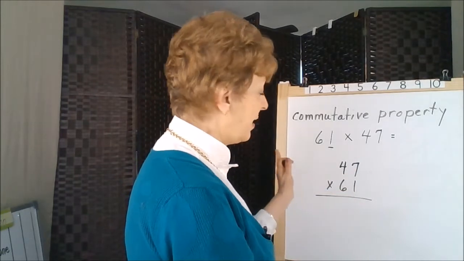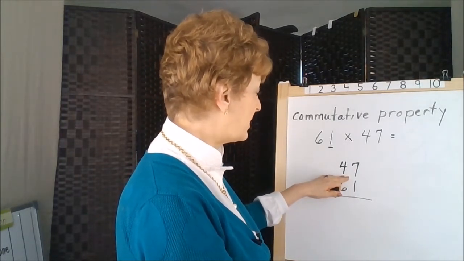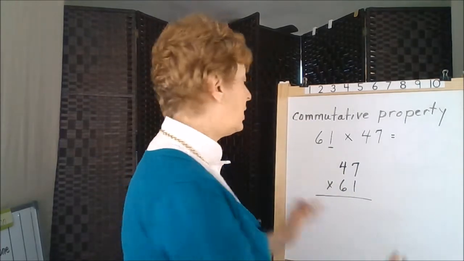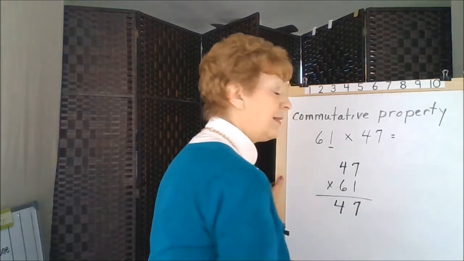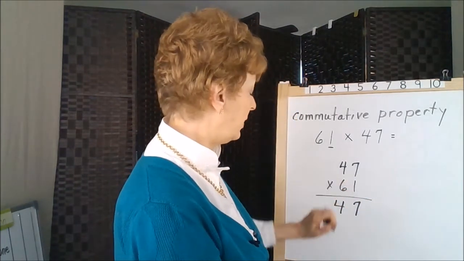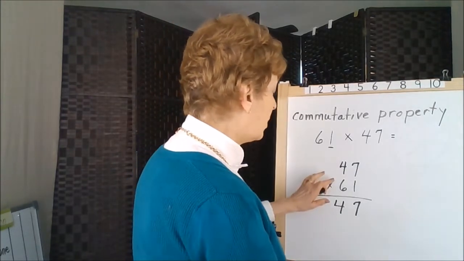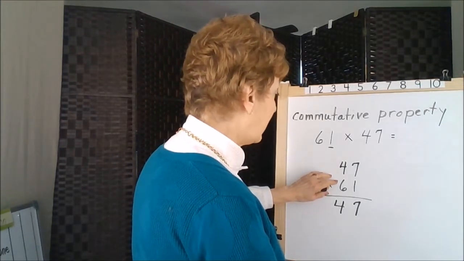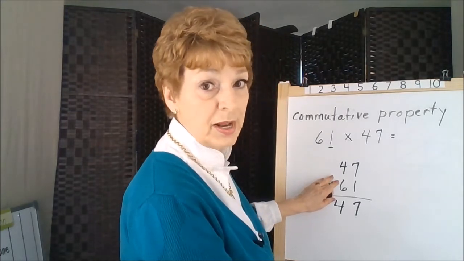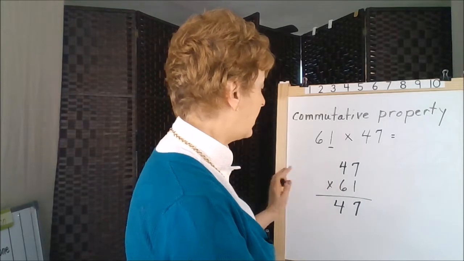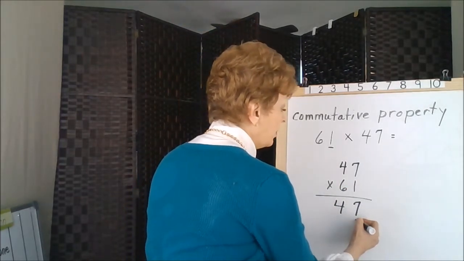1 times any number is that other number. So 1 times 47 is 47. There's not a whole lot of thought involved with this, just recognizing that feature of the 1. So 47 could just be put down. Now, multiplying by the 6 is the first time that your child really has to concentrate on the actual facts. So many times